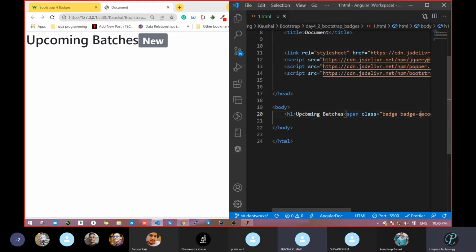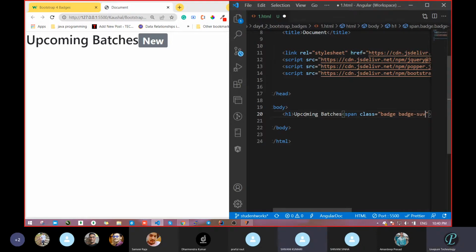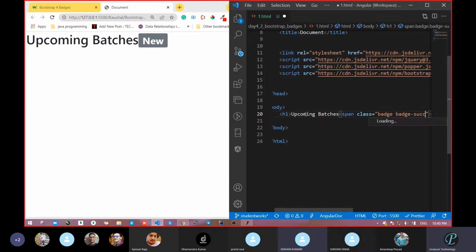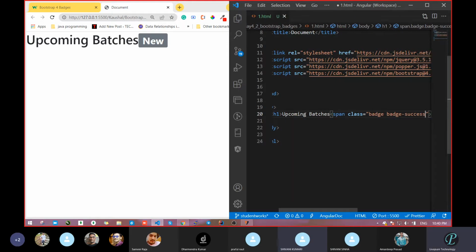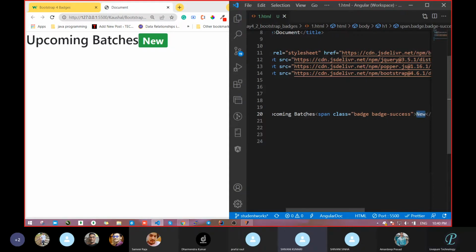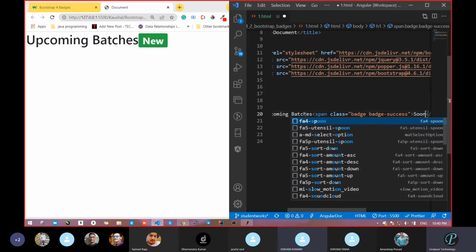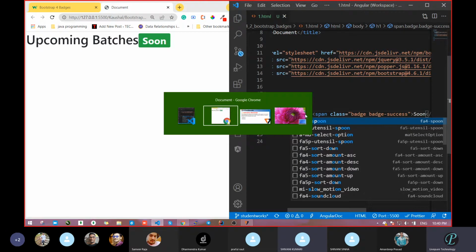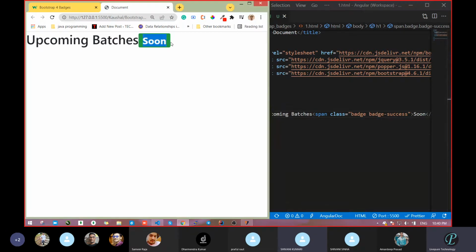And suppose that success. Soon. Like this way we can add, correct? So whatever text you want to highlight, you can make it that way.